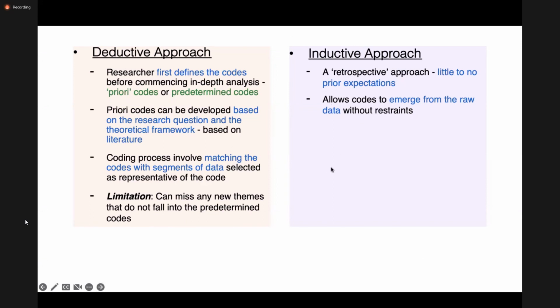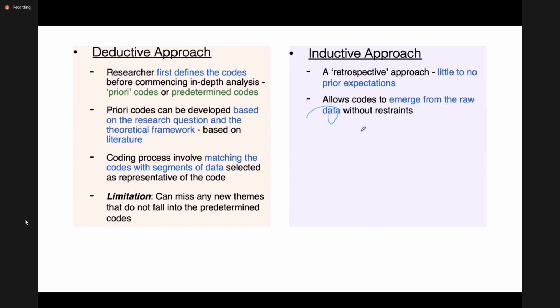That means we have allowed our codes to emerge from our data without any restraints. We didn't have any prior ideas when we started our coding process as to what these barriers to health and safety should be, what we should look for.